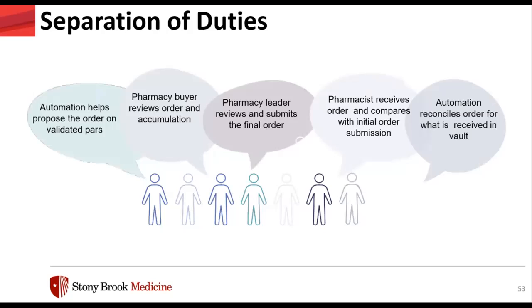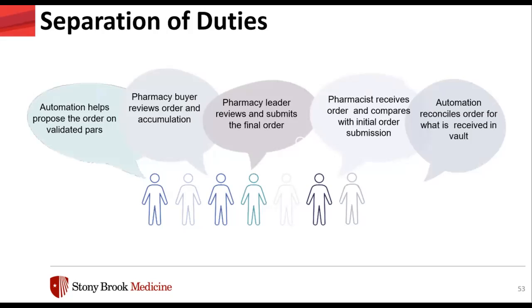In terms of separation of duties, automation helps propose unvalidated PARs. The pharmacy buyer reviews orders and accumulation. The pharmacy leader reviews and submits the final order. The pharmacist receives the order and compares it with the initial order submission, and automation reconciles the order for what is received